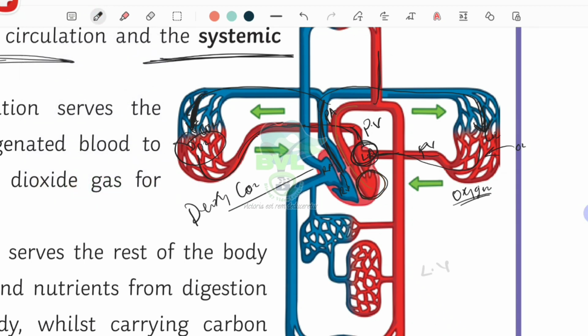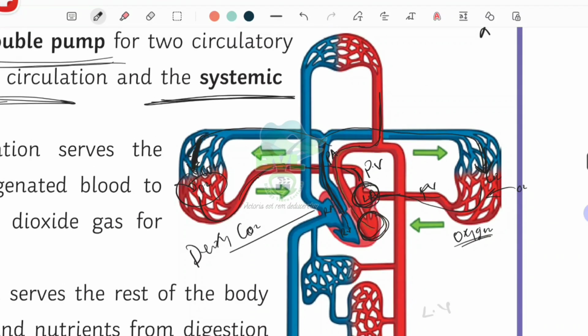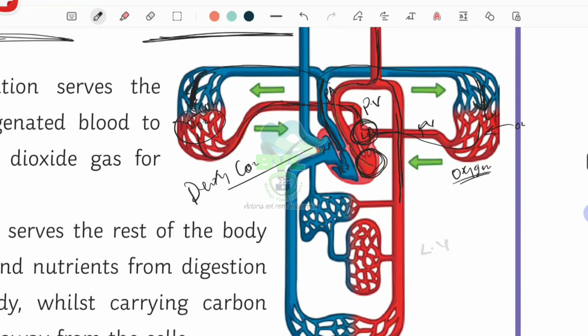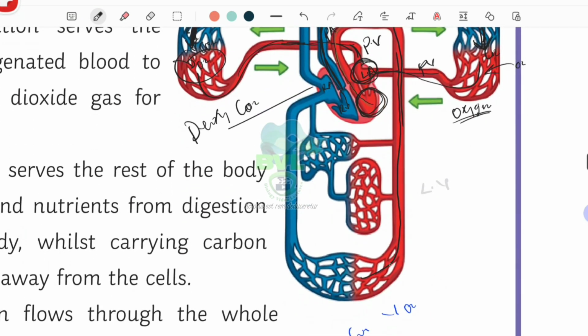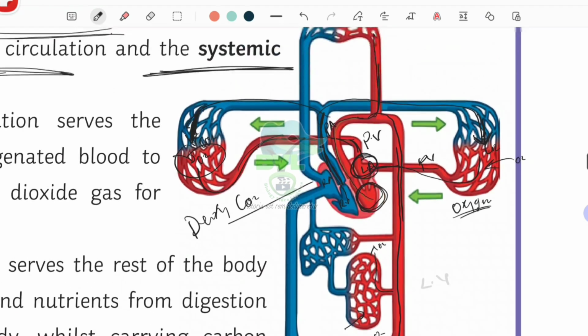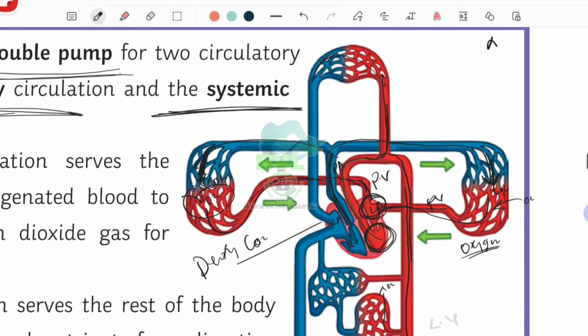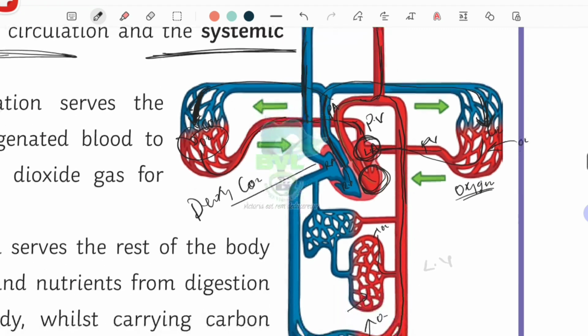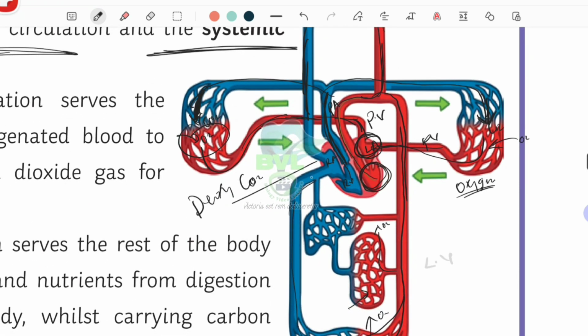So from the left ventricle through the aorta to the upper part of the body, it goes around the body. What is it doing? It is dropping oxygen to the cells, picking up carbon dioxide. It does that around the whole body